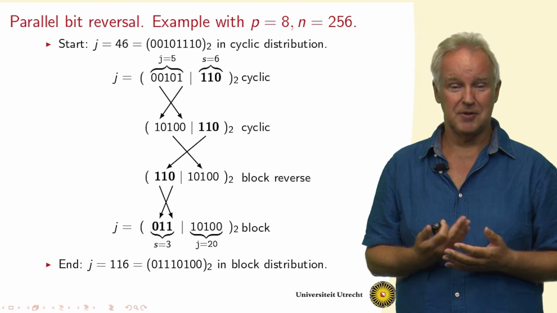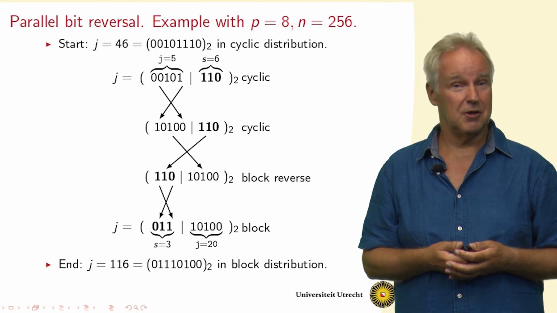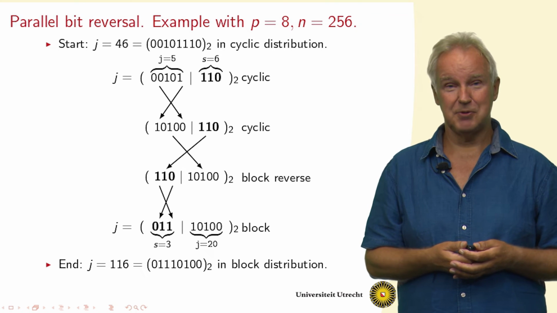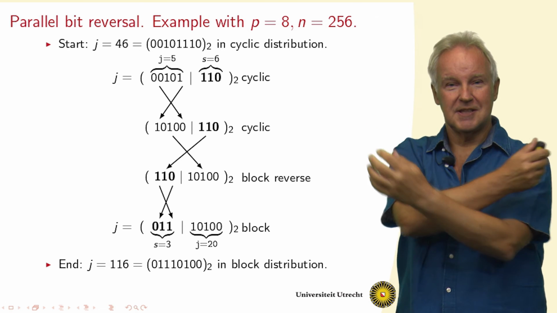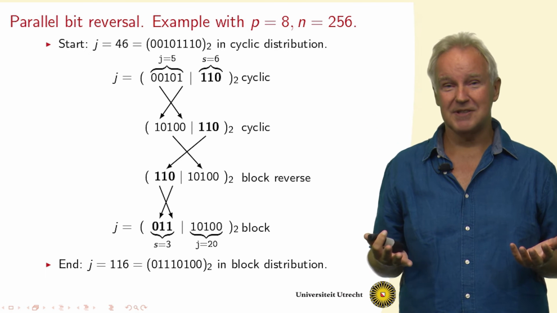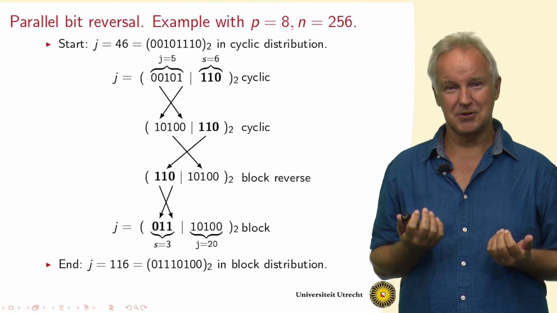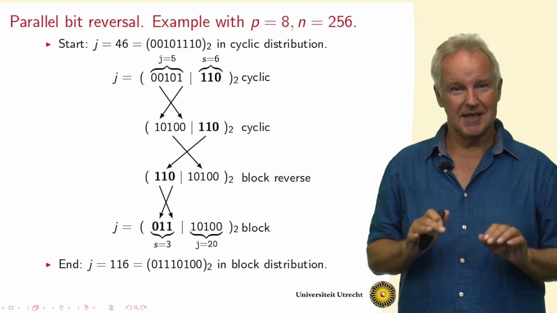So that's from the top to the part below that. We just do a local bit reversal. And we're still in the cyclic distribution. But swapping the 2 parts, basically nothing happens. Because we say we start in the cyclic distribution, we don't do anything, but then we decree that what we